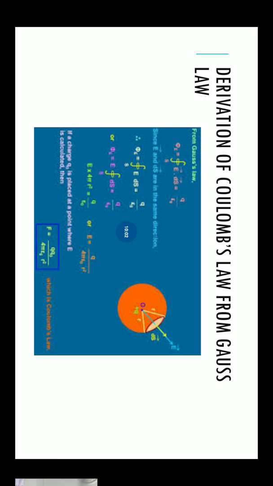So can we derive the first law, that is Coulomb's law, from Gauss law? Yes, we can derive. So how do we derive Coulomb's law from Gauss law? For that, we will be seeing this proof. So we know Gauss law. For that also we consider a charge plus q placed at point O. We take a point P at a distance r from O, and we draw a sphere. So at every point on the sphere, the electric field will be the same. We have to find it out.